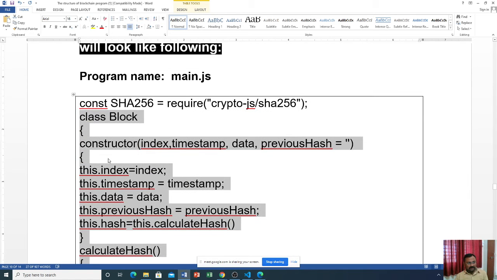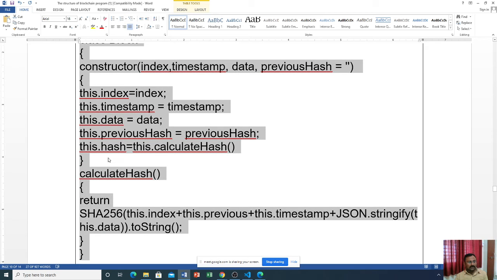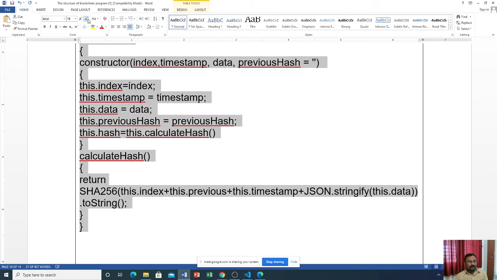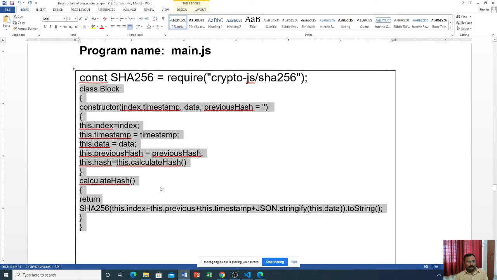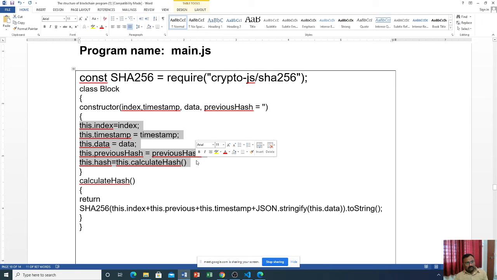In the block there are two functions: the first is the constructor and the other is calculateHash. A constructor is one type of function. Whenever a block object is created, the constructor is called.